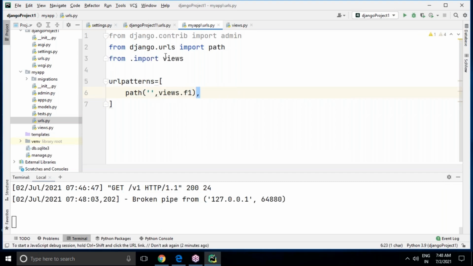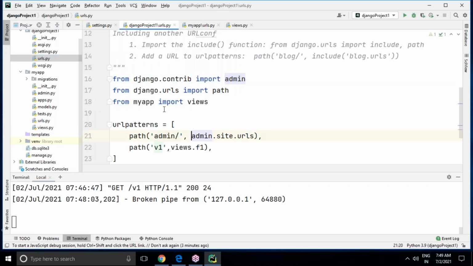But look at here. This is our application level URLs. This should be mapped into project level URLs only one time. This is the better practice, because you may include other applications later, and that application should maintain separate URLs. Here my app is maintaining separate URLs. These URLs we can map to project level URLs, because our request directly goes to project level URLs, and after that it will come to application URLs. In project level URLs we already mentioned views, but this is application level, so it is not required. We have to register, we have to include.